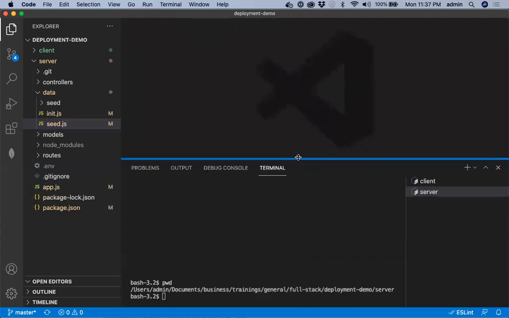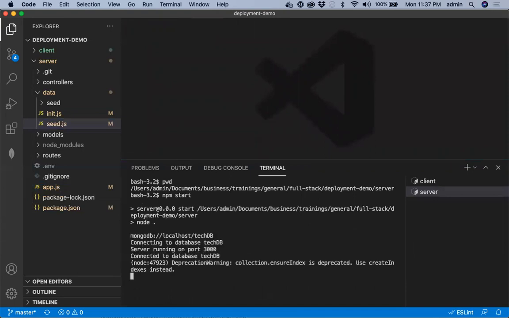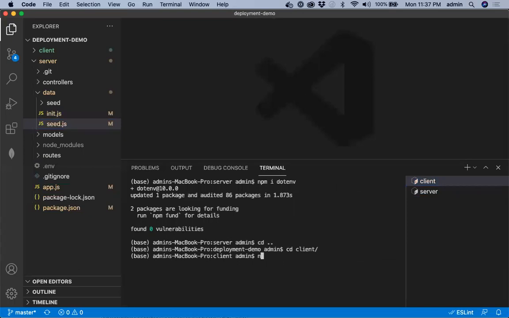So let's test it out. We start the backend. We are in the server folder. Okay, it's connected. The front-end application is stopped, so let me start that too.